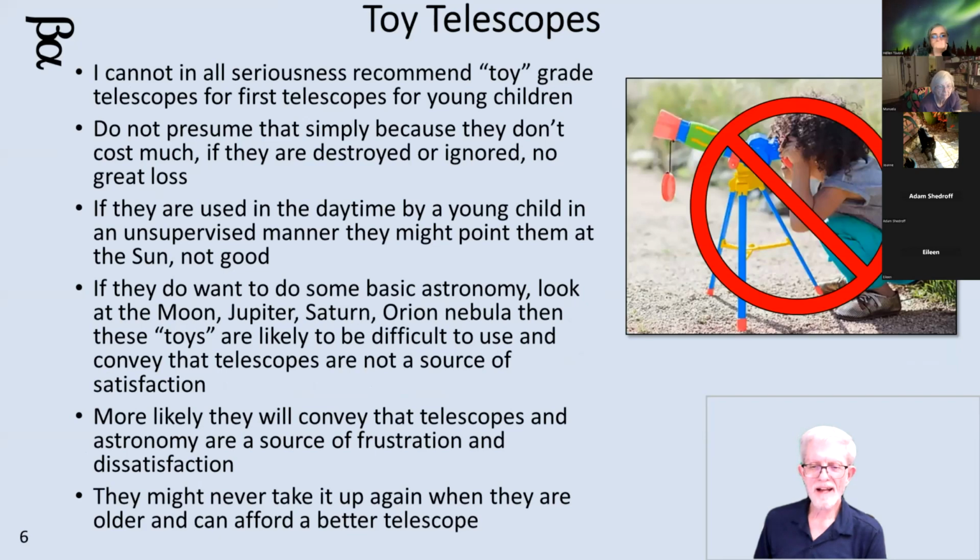The more colorful a telescope is, when it costs well under $100, the more likely it will be considered a toy telescope, or a telescope that you'll buy very benignly thinking you can give it to your young child, because if the telescope only costs $30 and it gets damaged, destroyed, or ignored, you're not out a lot of money. The problem is it has optical elements, and unless you're supervising all actions of your young child with that telescope,